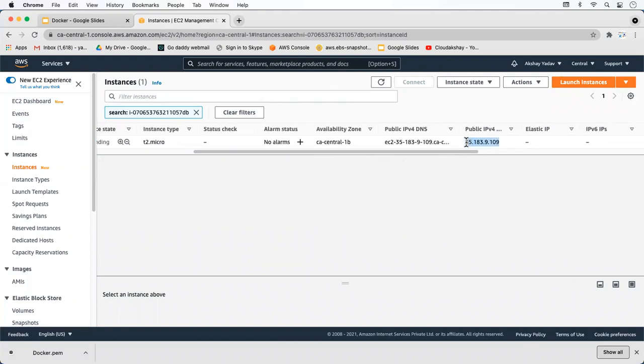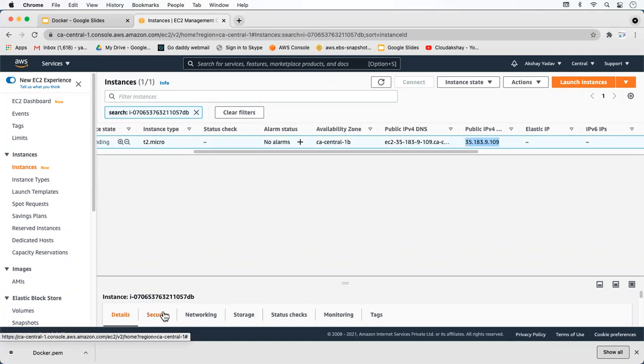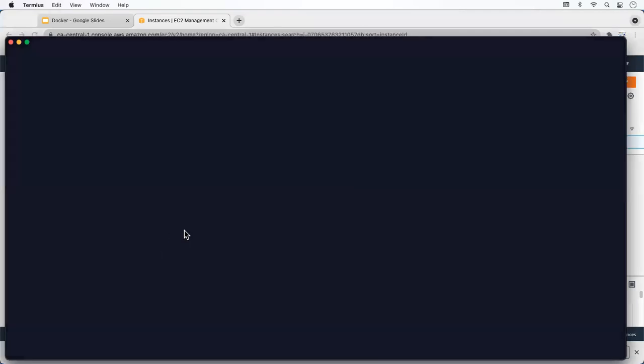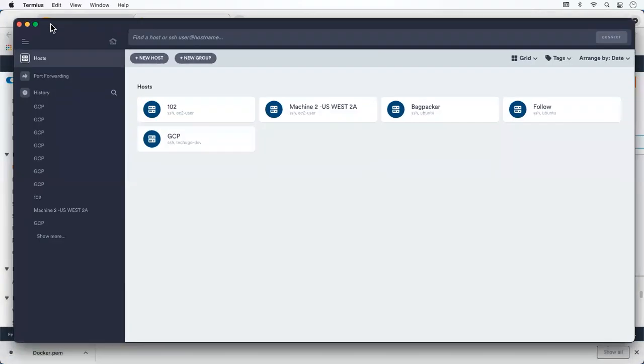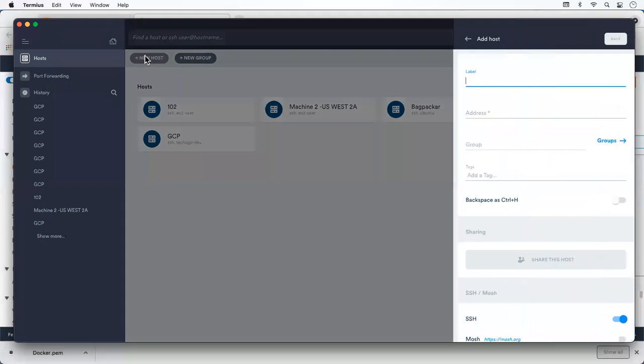Copy this public IP and go into my tool, Termius. This is a very good tool to use SSH, and I'm going to add a host.